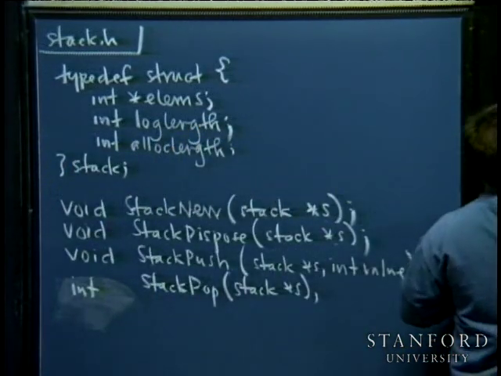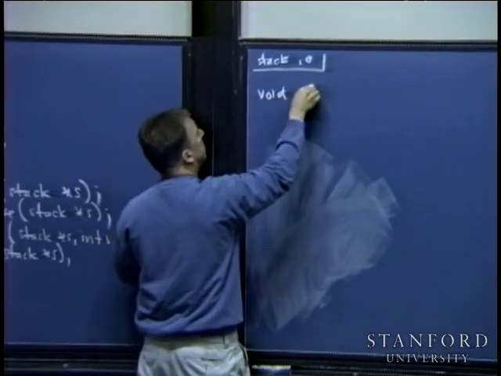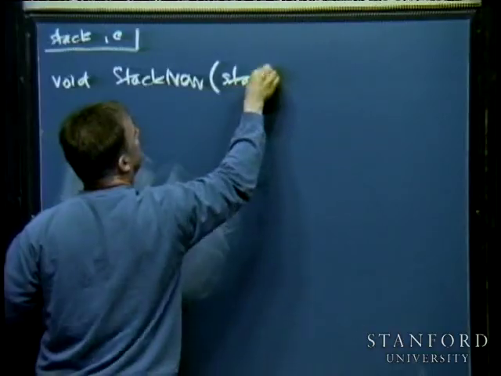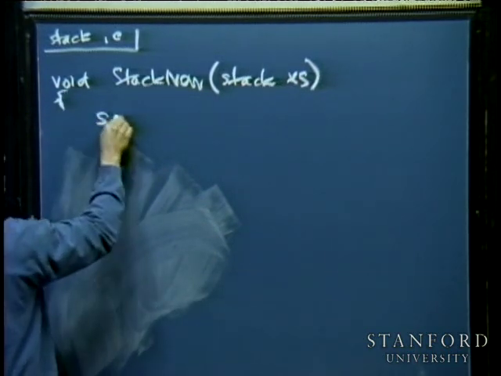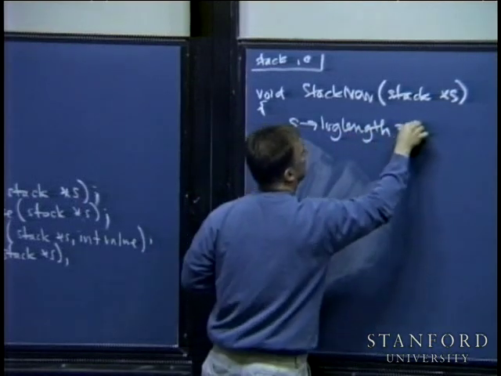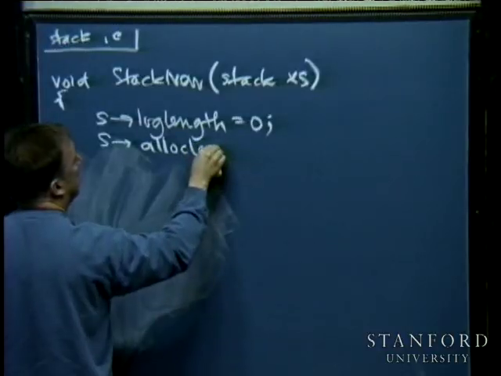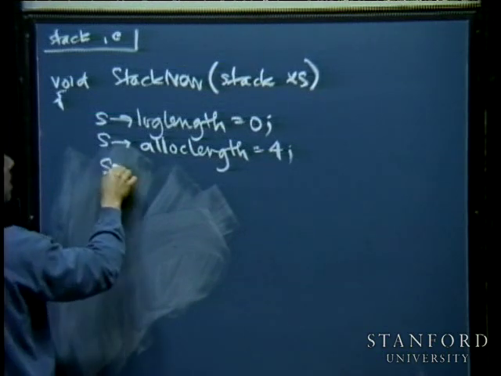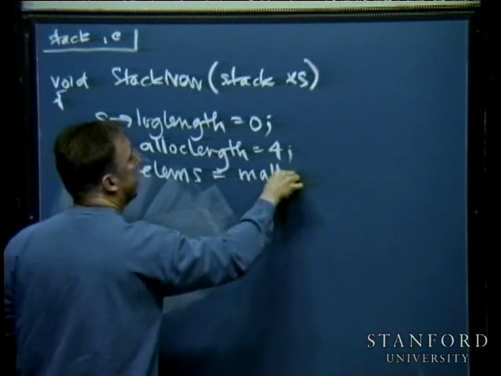This is the .c file, stack.c, void stack new, stack. I have these three things. Stack log length is equal to 0. That's because the stack is empty. I'm going to make space for 4 elements. And then I'm going to go ahead and allocate space for 4 elements using C's raw dynamic